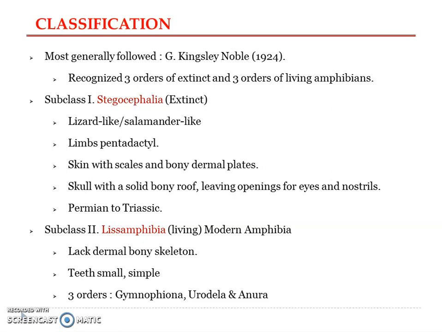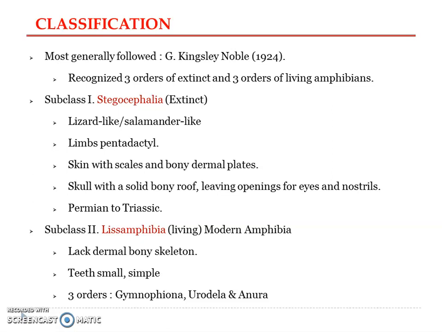Hello everyone. In this presentation, we'll be seeing the classification of class Amphibia. The classification of class Amphibia has been done by many authors. Parker and Haswell divided the class into 8 orders, of which 5 are extinct and 3 were living. But later, it has been customary to place the extinct orders together in a single subclass, while all the living forms